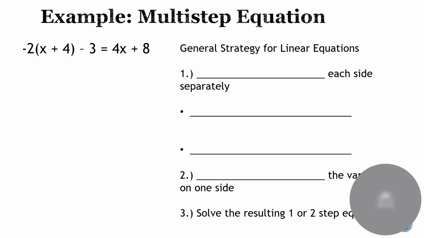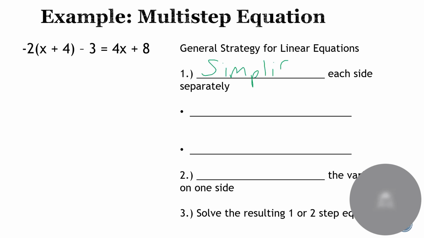So this is the last example I'm going to do. This is what's called a multi-step equation. It just means we've gone beyond 1 and 2 steps, and it does have some other Algebra 1 skills that I wanted to make sure that I reviewed with you before just letting you out on your own. So a general strategy for linear equations. This is like just a general order that you can do stuff in. Step 1,